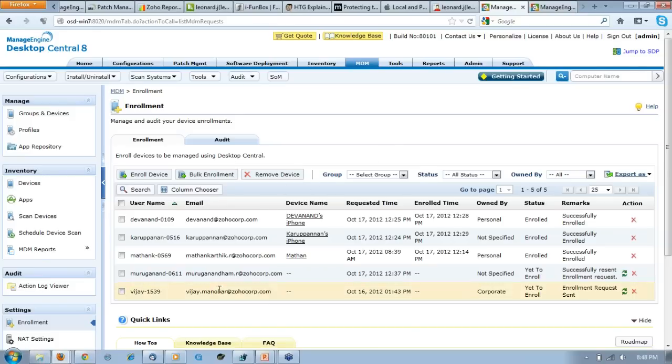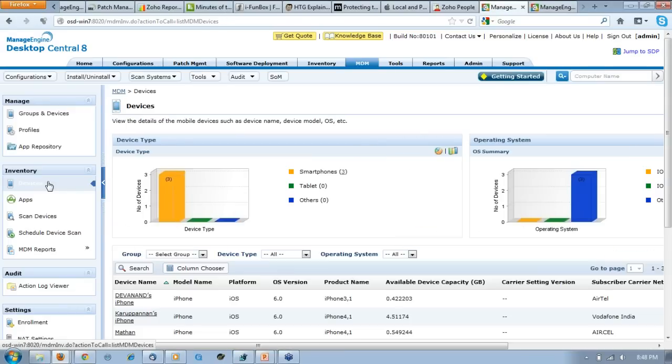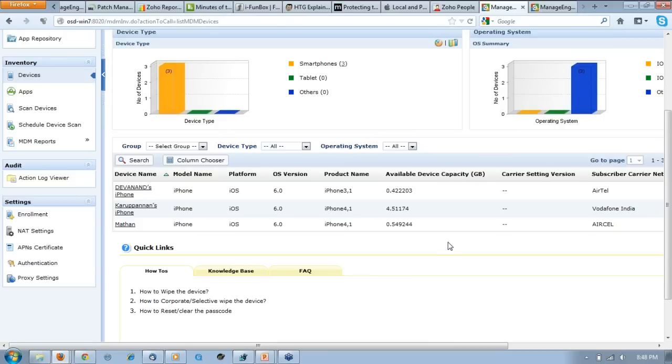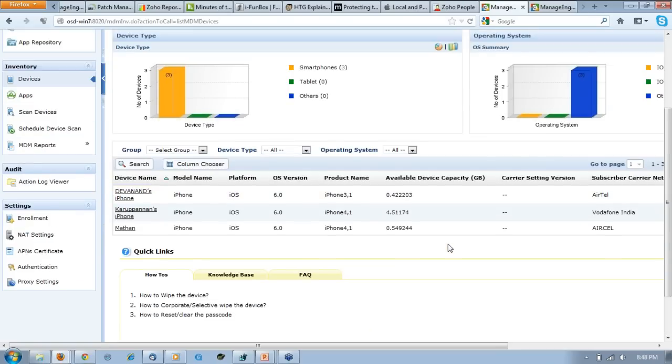Once you see that message, your device is added here. Now we have the server registered, and also the devices registered, which are shown up in your mobile device management server. Okay, so immediately when the devices are enrolled here in your MDM, without doing any further action, you should